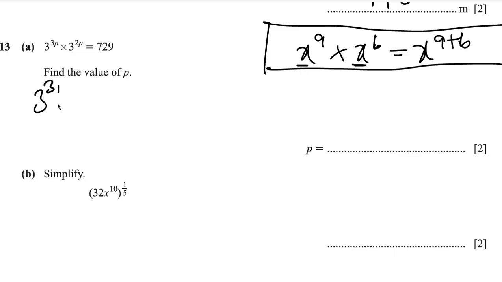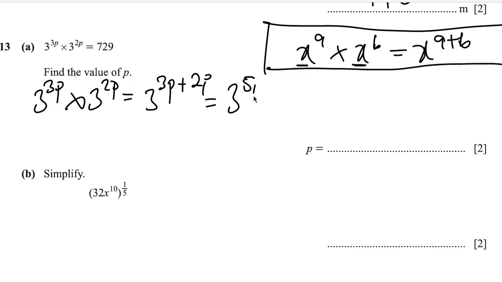We have 3 to the 3p times 3 to the 2p. So what's it going to be? 3 to the 3p plus 2p. And that's equal to 3 to the 5p. So that implies that 3 to the 5p is equal to 729. So the next thing to do is to think of a way to express 729 as a